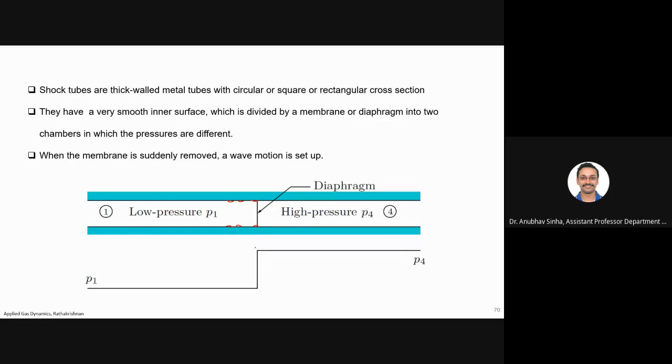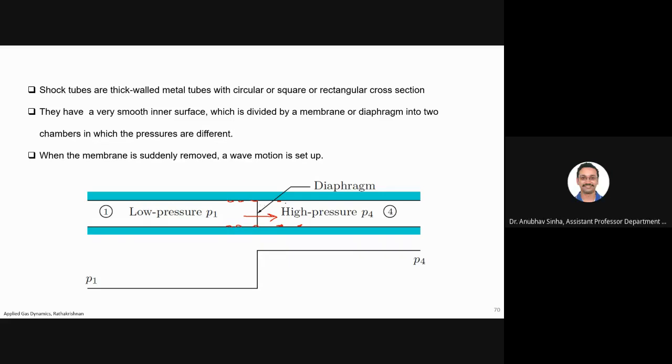I'll give you a hint. We are talking about very high speed flows. Once you remove this diaphragm, the fluid will start moving at very high speeds. So when it is moving at high speed, if we have something there, what will happen? Will it not create a shock? Yes or no? If something is there in the path of a very... Backflow? Yes? Flow separation. No, no, no.